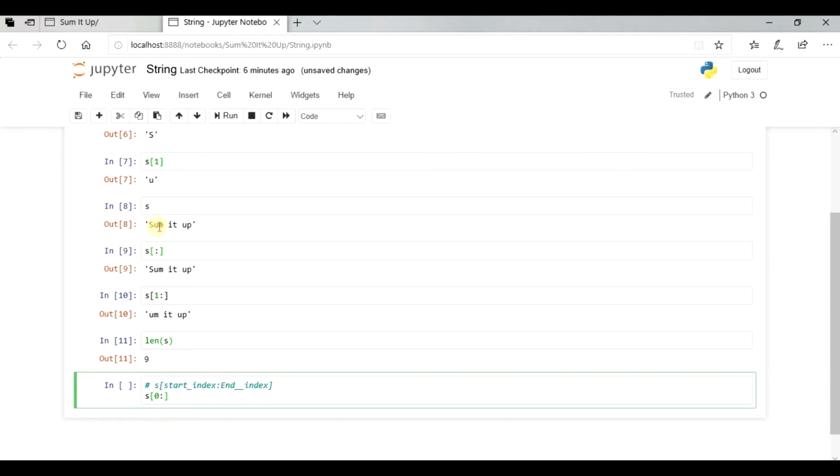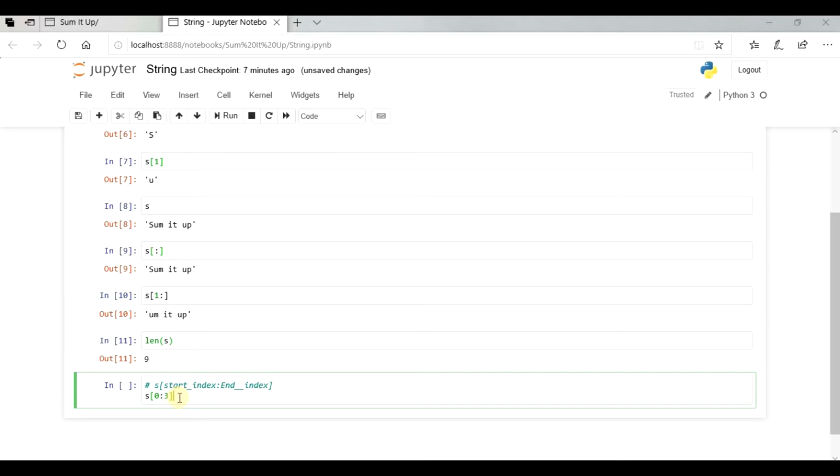To print the first three characters in the string, you have to put 3 as the end index, because the end index will not be printed. It will start from 0 and print 0, 1 and 2, but it will not print 3.